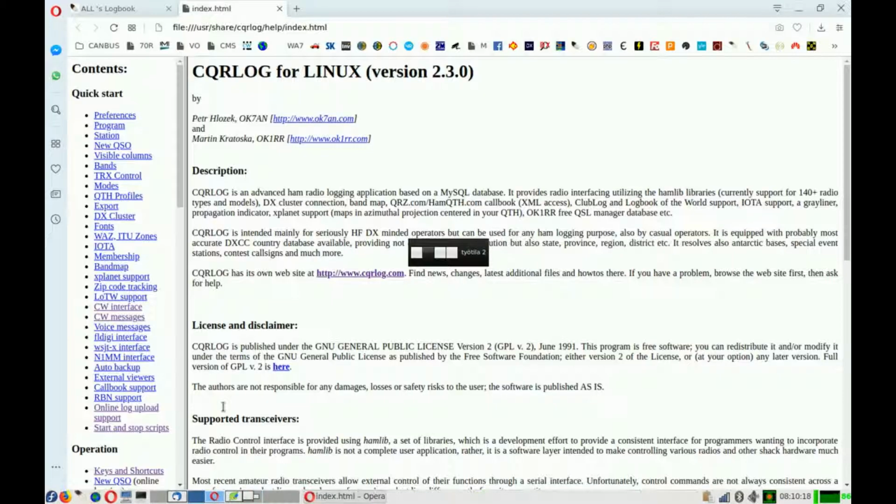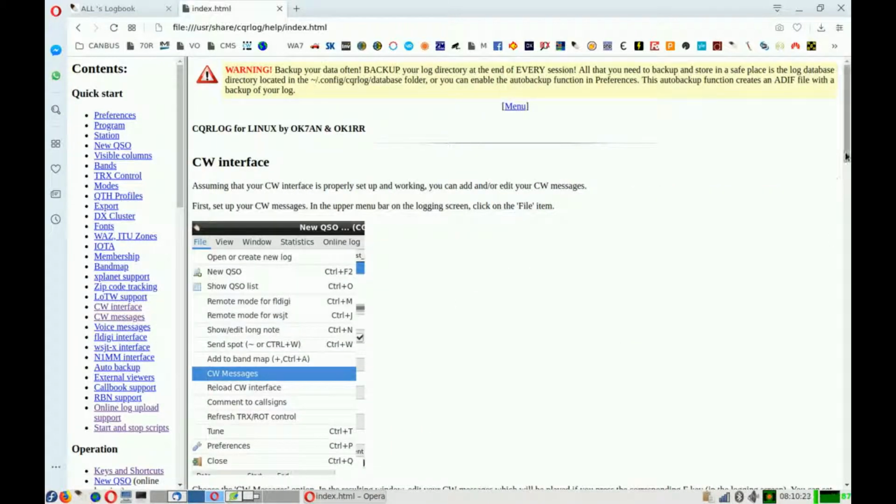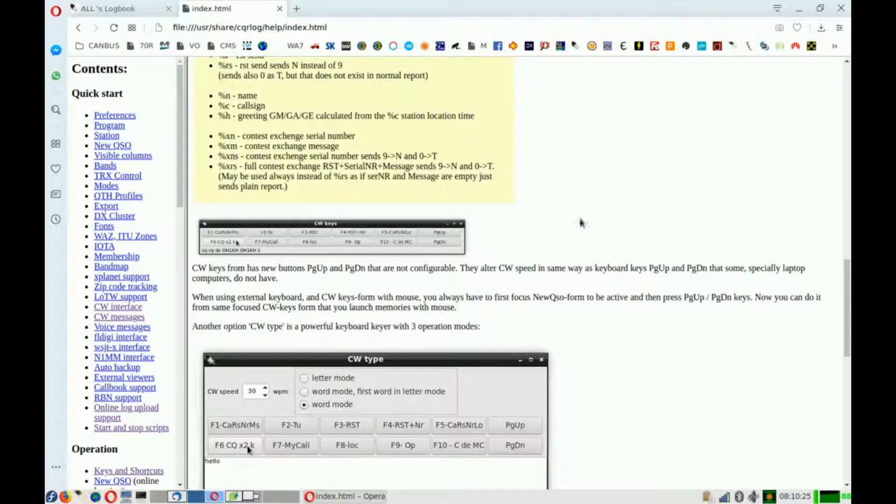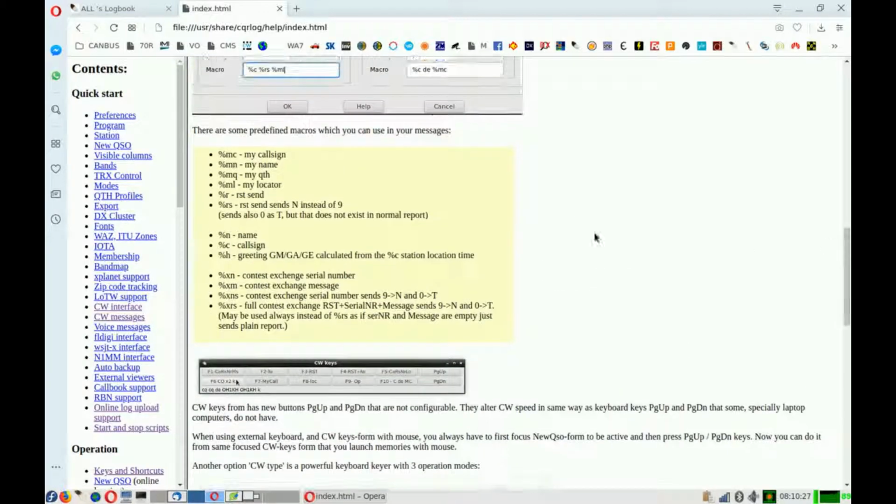And then there are some new macros. You can see them from the help files. The X starting macros are for the contest exchange, so XN will send the serial number, XM will send the message, and then there is a serial number with 9 and 0 changed to letters, and then there is a very handy